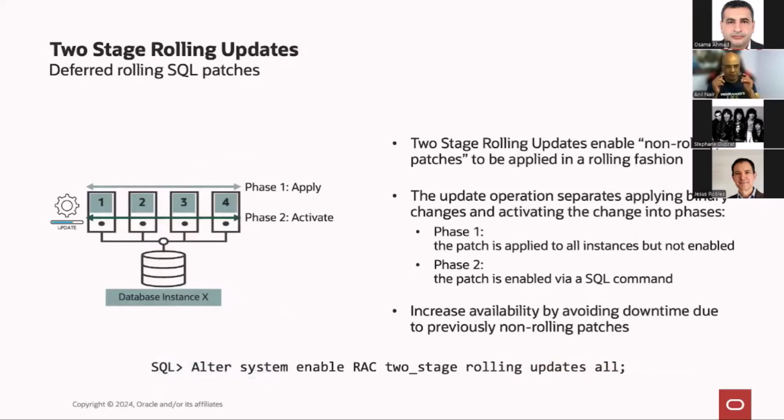In this context, there's also one more feature I want to talk about, which is called a two-stage rolling update. So what is a two-stage rolling update? As much as we like to have all patches applied in a rolling fashion, there are certain patches that change certain things in the memory, and therefore we cannot really apply them in a rolling fashion. Now with this feature, all those patches which were previously considered non-rolling can now be applied in a two-stage rolling fashion. Mind you, there could still be certain patches that may not be applied, and that depends on the